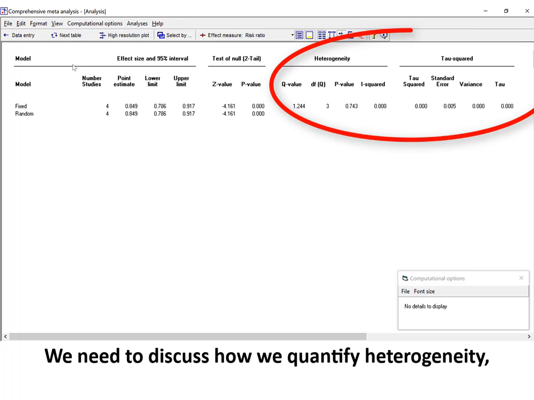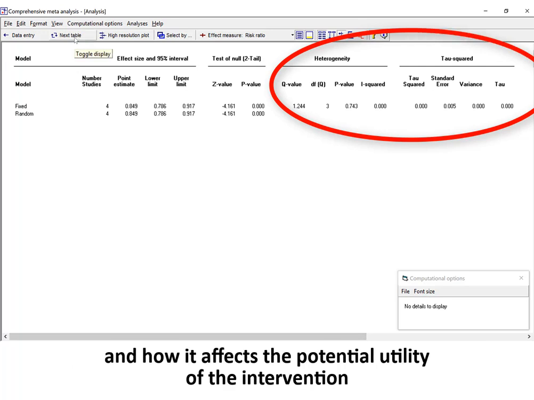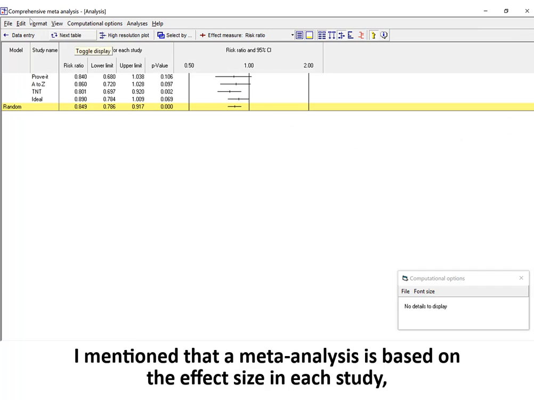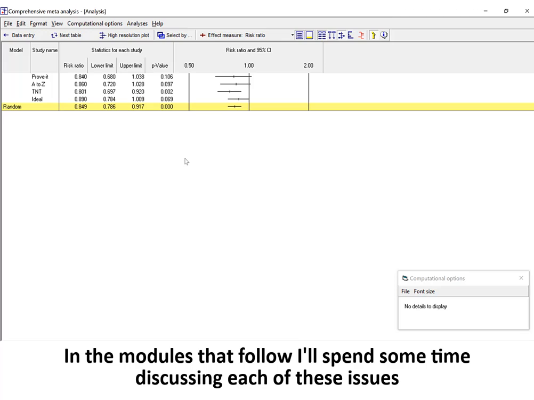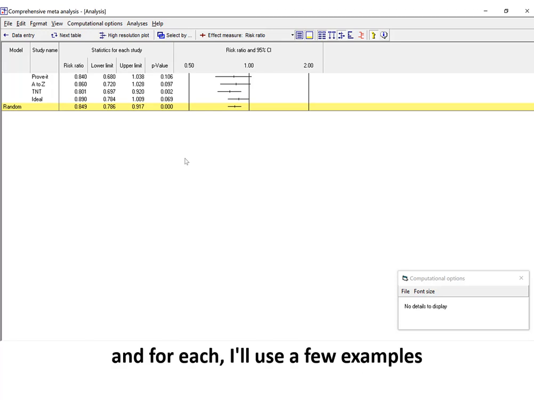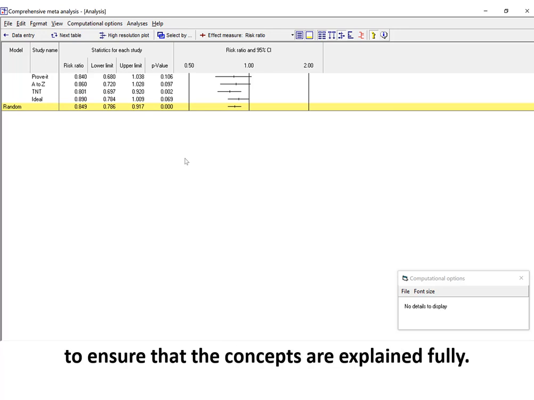We need to discuss how we quantify heterogeneity and how it affects the potential utility of the intervention. I mentioned that a meta-analysis is based on the effect size in each study rather than the p-value for each study. I want to spend some time discussing that. In the modules that follow, I'll spend some time discussing each of these issues, and for each, I'll use a few examples to ensure that the concepts are explained fully.